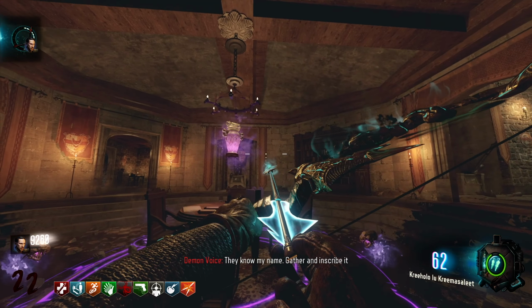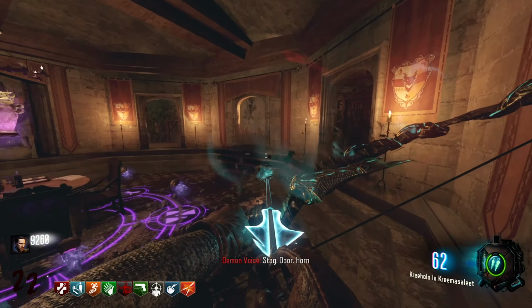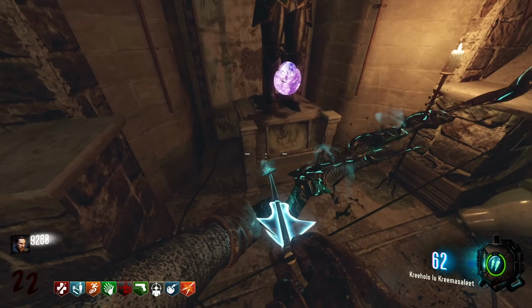The spirit in the vase will then tell you his name, just like in Drak. You then have to take each of the words and pair them with corresponding symbols. So in my game, the spirit told me stag, door, horn. So what you have to do is head on over here to this room and you will see a bunch